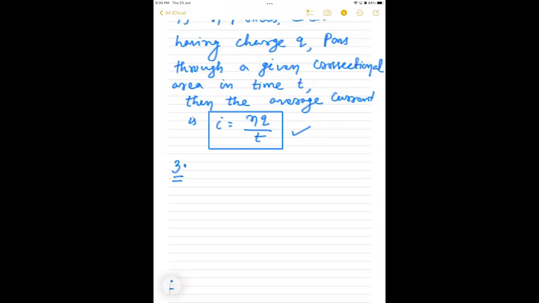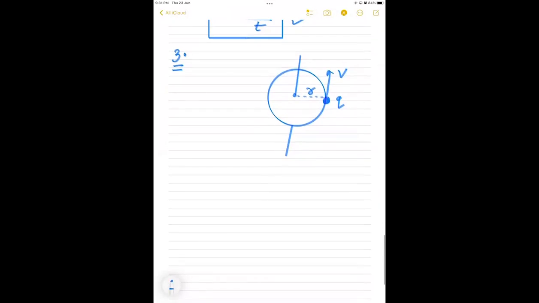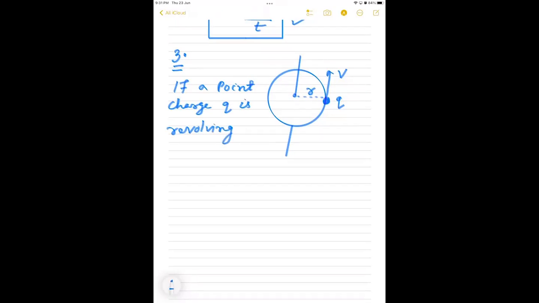If a point charge Q, let's say there is a circular path, right? And this is the circle. About this point charge Q is revolving. Let there be a point charge, its magnitude is Q, and let the radius of the circle be R. And it is revolving at speed v. So you can write here, if a point charge Q is revolving in a circle of radius r with speed v, then its time period,